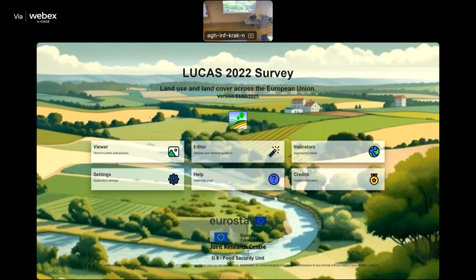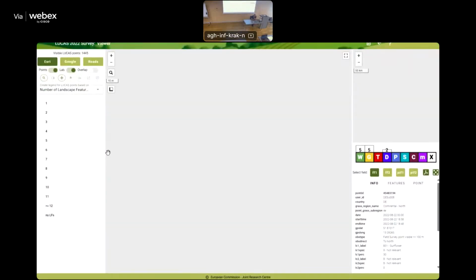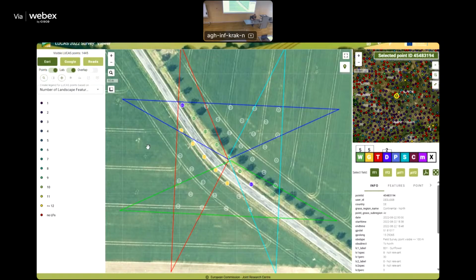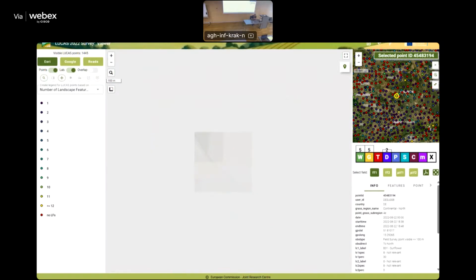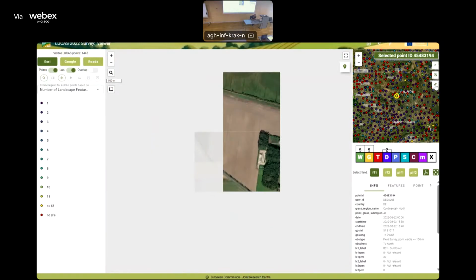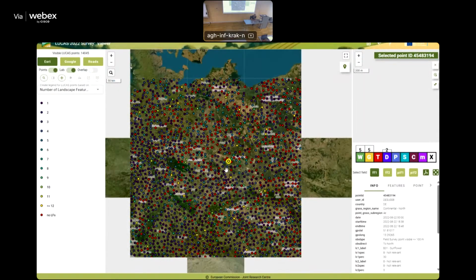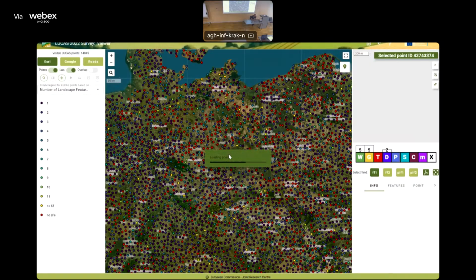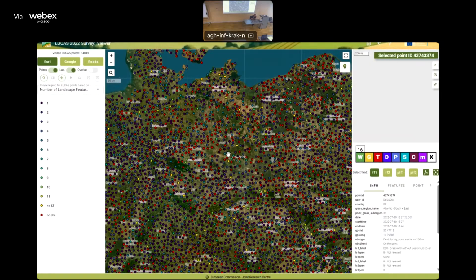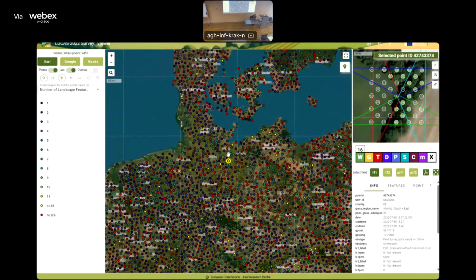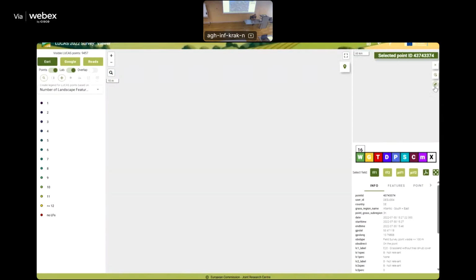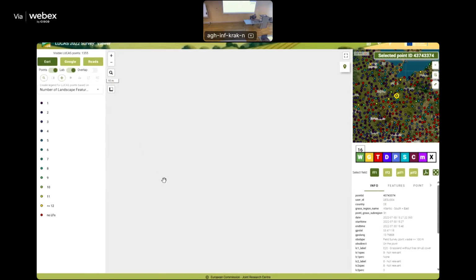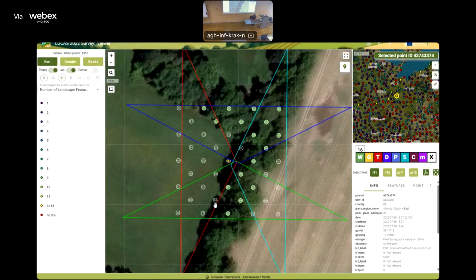This is the main page of the application, and there are three main sub-pages. So, this is an example of a multi-page application. And in this first page, you can see two geographical viewers that work in accordance. In one, you have an overview, and in the other, you have the specific point that is selected with its 41 points around it. You have in this part of the screen an SVG chart where you see the landscape features,